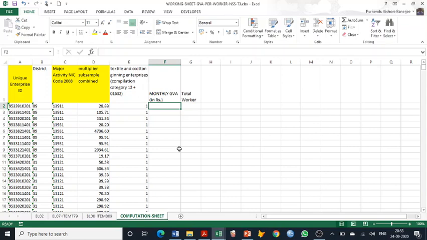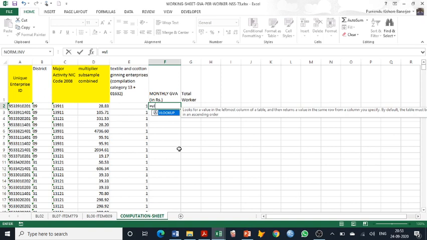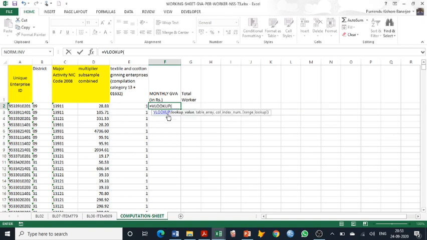Now I will show how I pick the monthly GVA. Here we will use a new Excel function, VLOOKUP. Now in VLOOKUP, remember the structure is like that: lookup value, then table array, column index number, and the range. Lookup value means we would like to find out this unique enterprise ID, and where we would like to find it, first we have to take it from block 7.